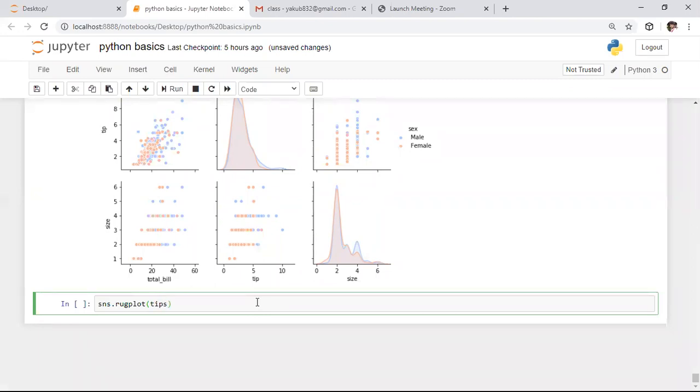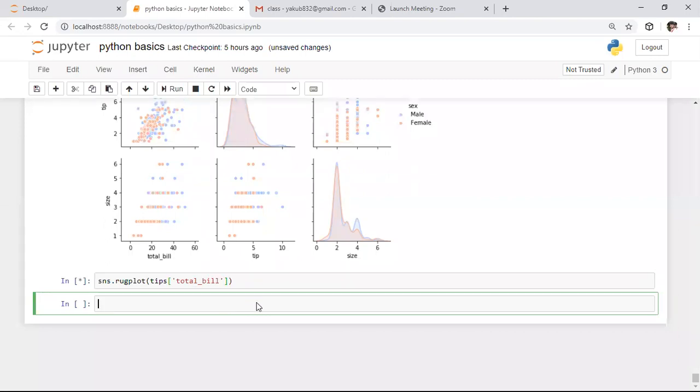From the tips dataset, we need to use the total_bill column. Here this is the column I want to use. We need to represent this total bill in quotes, because it is a string. The total bill column name is a string, that's why we need to represent it in quotes. After this, I am plotting this plot.